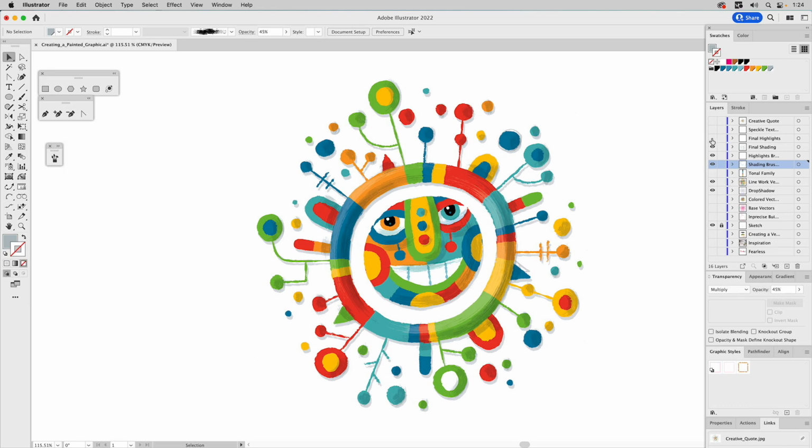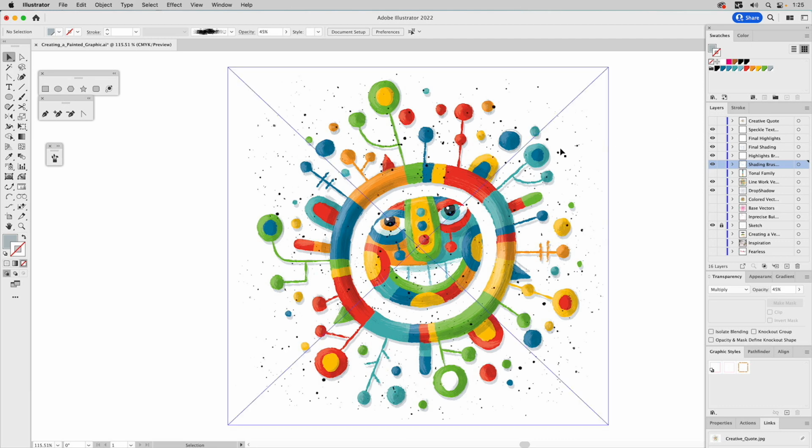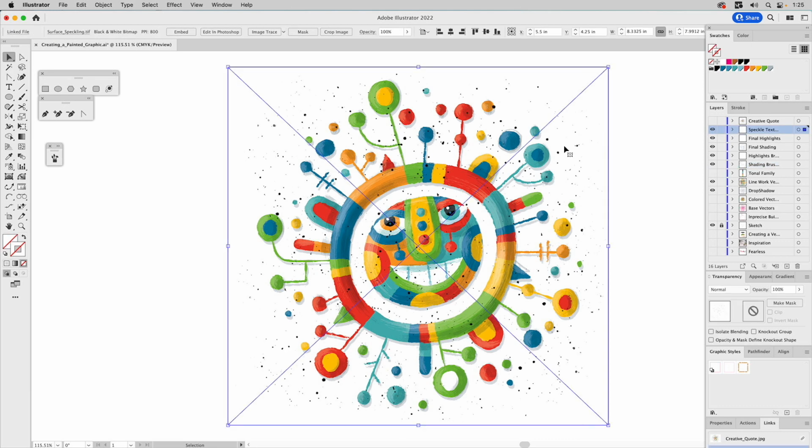And now there's a few final highlights I'm going to turn on here. And you can see how it really comes to life with all of those turned on as well. So it just adds a more painterly feel to everything. Looks a lot more handcrafted. This is where textures come in. And textures are great because this texture is just an old toothbrush with India ink that I created. And all we're going to do is take this, and we're going to color it this nice turquoise